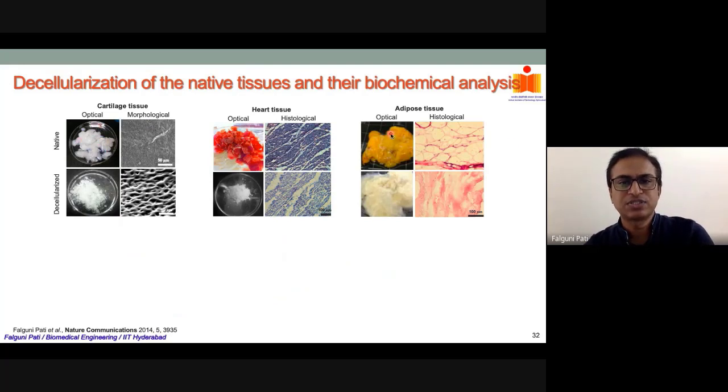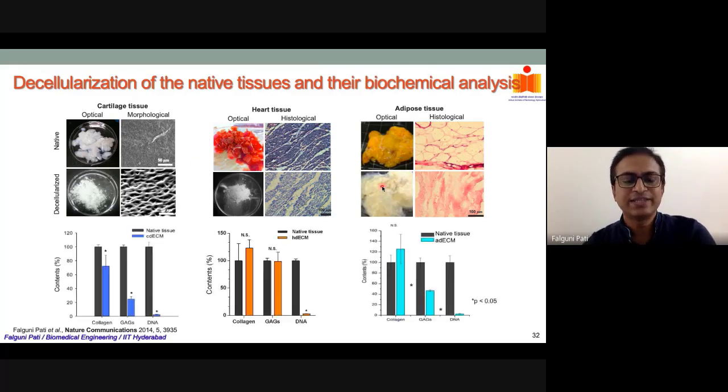Now this is the native tissue. You can see the native tissues are collected, like cartilage, heart, or adipose tissues. Then that is being decellularized, and then we have also characterized them in different ways. One such thing is the DNA